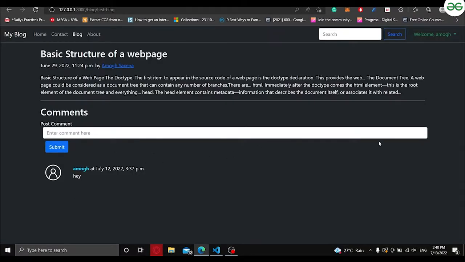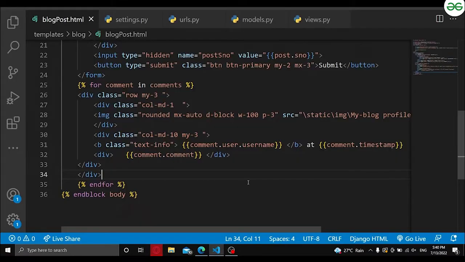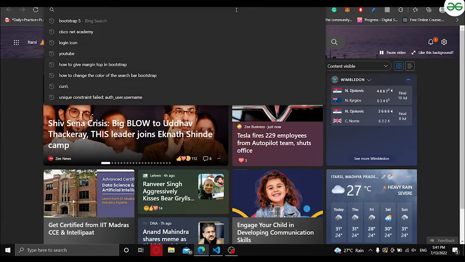Now to set this, we have to go to VS Code, and here we will see that this is the basic API that we were using, right? But now we want to make a few changes. We can either type the code, or right now I'm not getting that, so I will write